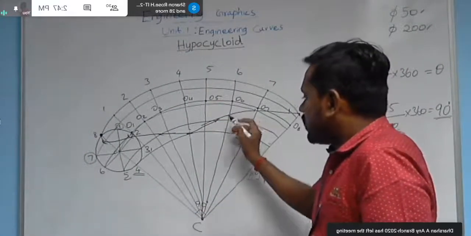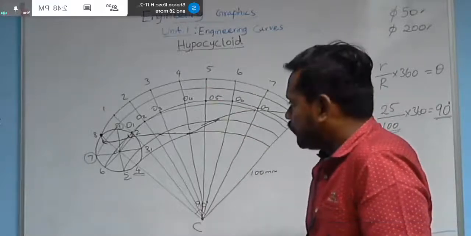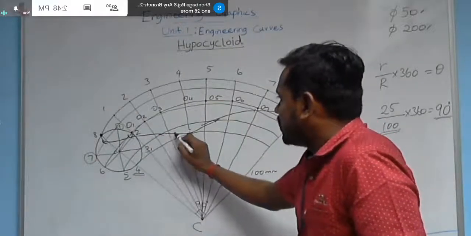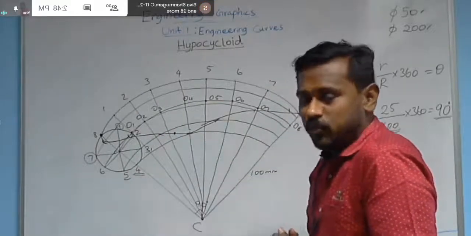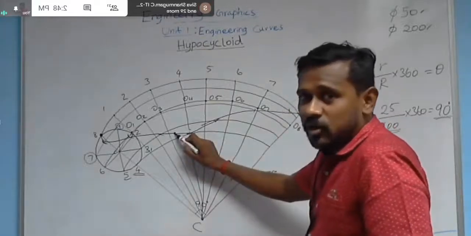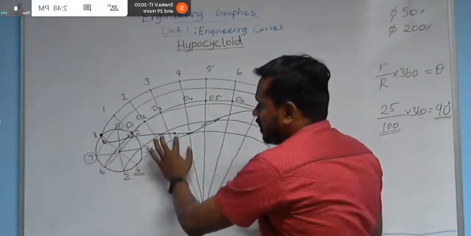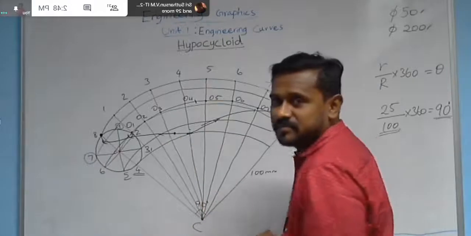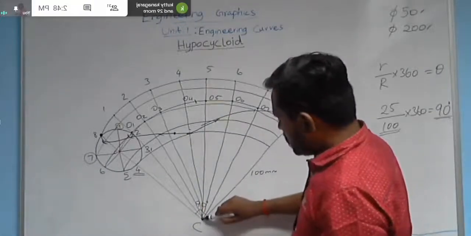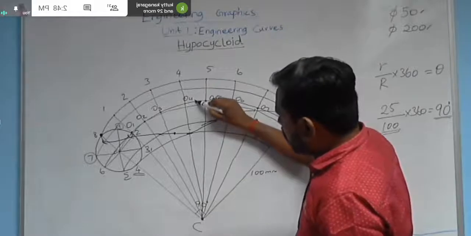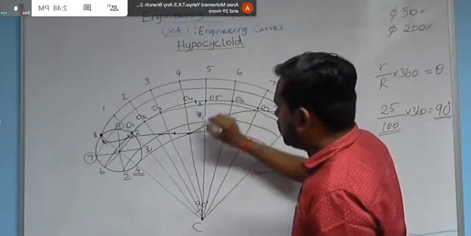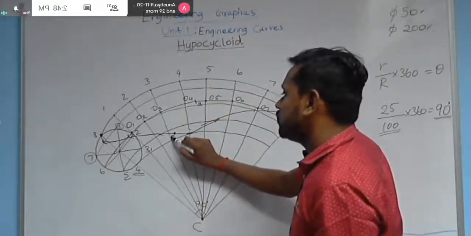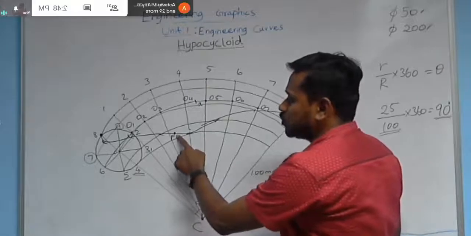And now you can draw the tangent and normal for that also. So first make a point in any place of the curve. Here I am making a point. So from this point, take your compass and load the radius with the radius of the generator circle. Cut one arc in the arc of centers. And now starting from C towards this cut point, maybe this point named as A. So here I need to draw the tangent and normal. So I am marking it as point P. This is point P, for which I need to draw tangent and normal.